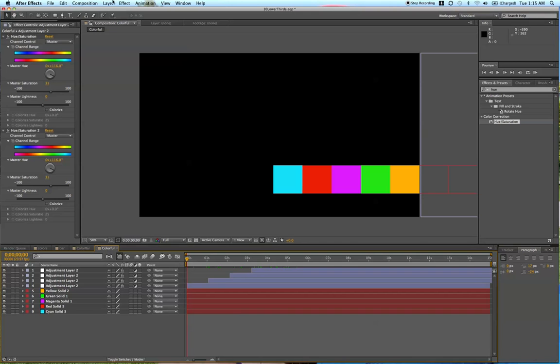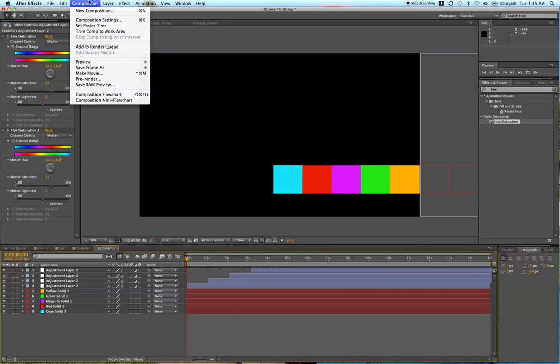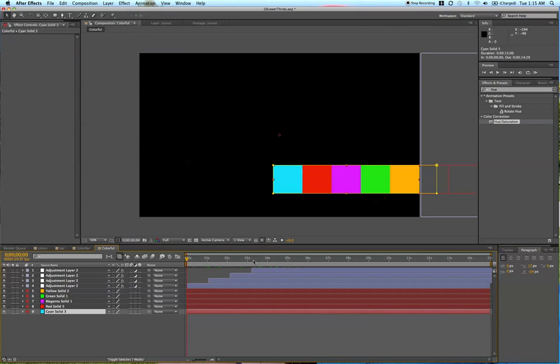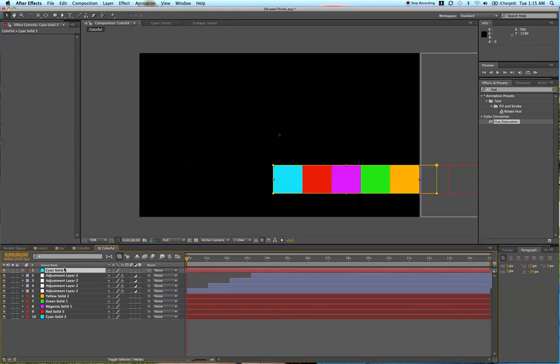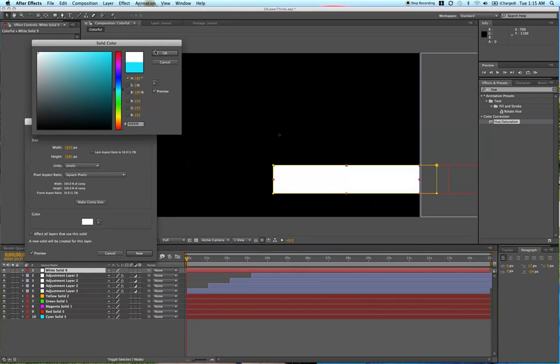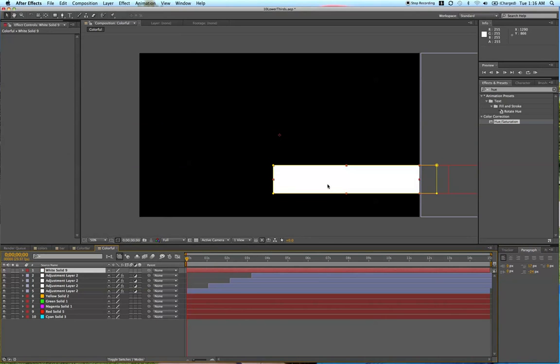Actually, first I'm going to create a white solid. I'm just going to make it easy on myself. Select this bottom cyan, which is a nice color. Duplicate it. Bring it to the top above the adjustment layers. Make it white. So change the color settings to white. And then I'm going to just press Shift and up on the keypad once, and that brings it above this